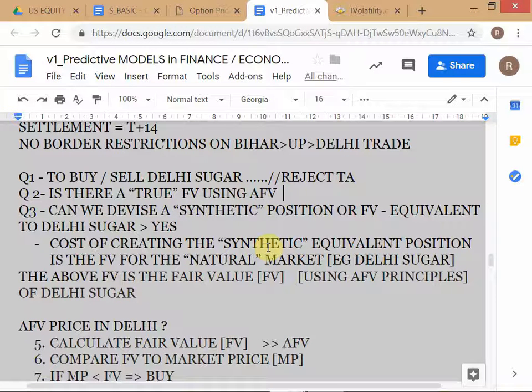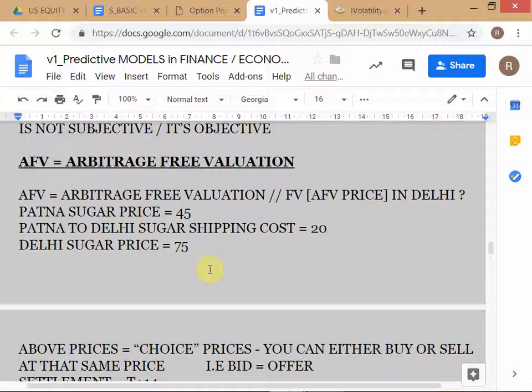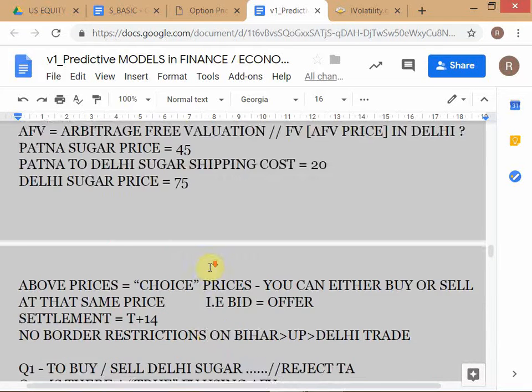Straight away the simple rule is look for synthetic equivalents. Look for market prices around you, whatever market you can access. Is there a synthetic equivalent? You look around and you see that there is one, because you can buy the sugar in Patna and ship it off to Delhi, and that will create the same result, because once you get the sugar in Delhi, it's the same grade of sugar and it is indistinguishable from sugar that is bought in Delhi. This is clear? So it's a synthetic equivalent. It's synthetic because it was not originally there. You brought it here artificially. Is this clear?